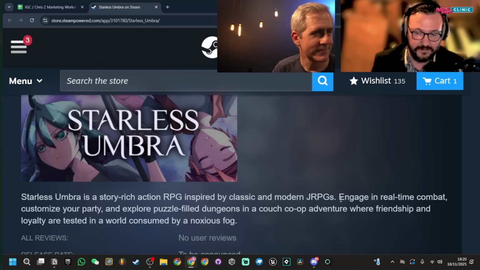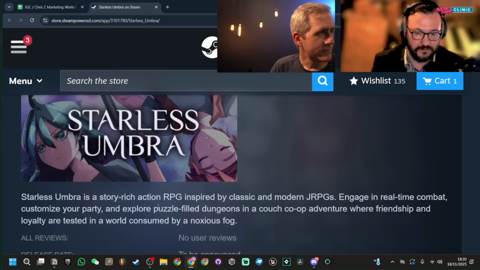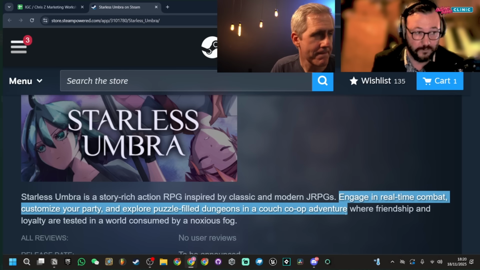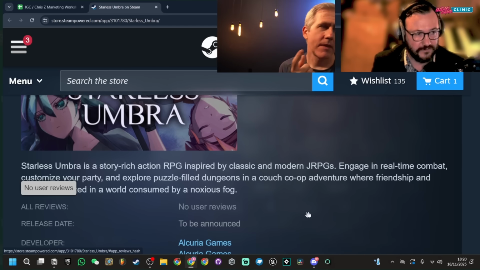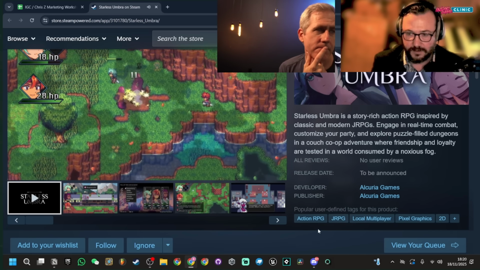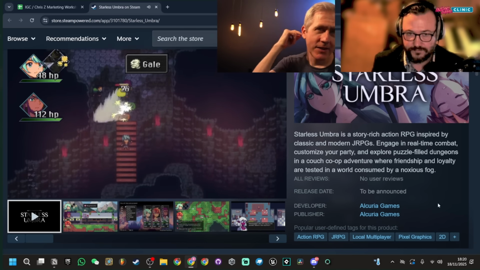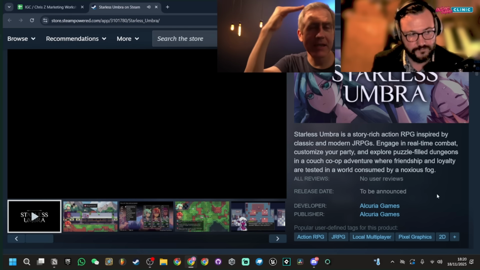I would say this sentence is quite long as well, and I think you could stop it here. You could stop at puzzle-filled dungeons, full stop. A couch co-op adventure with da-da-da-da-da, because reading this out loud it kind of gets a bit tumbled up. But it's a good set of stuff, and it feels very clear in what it's going for. The only thing that I would have with that is when you say JRPG, my immediate assumption is,